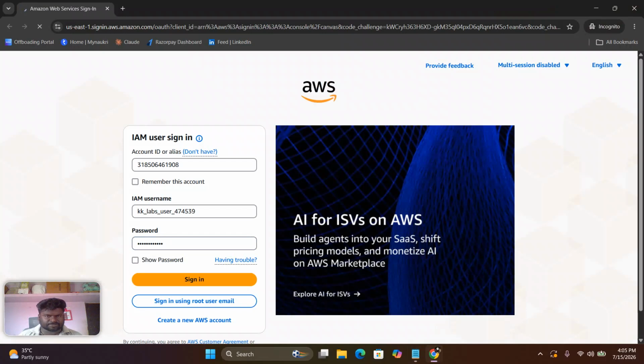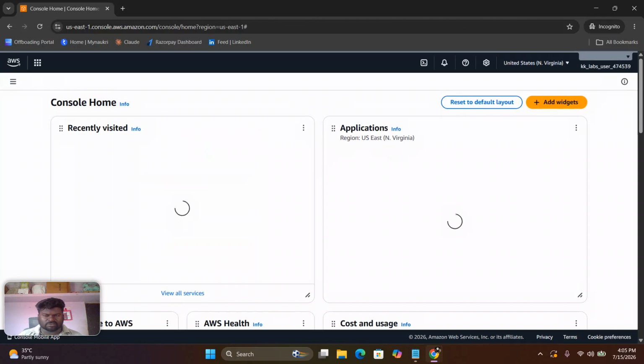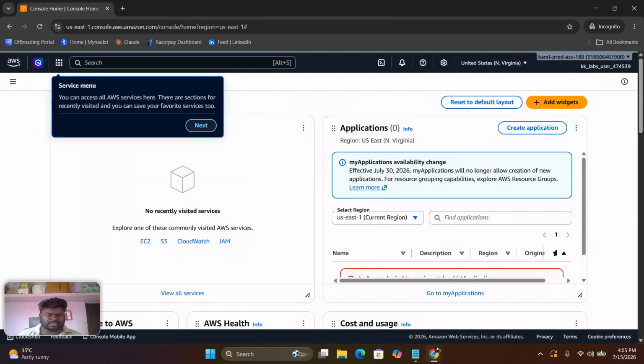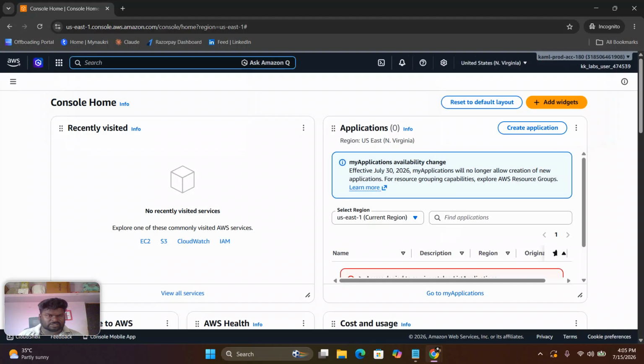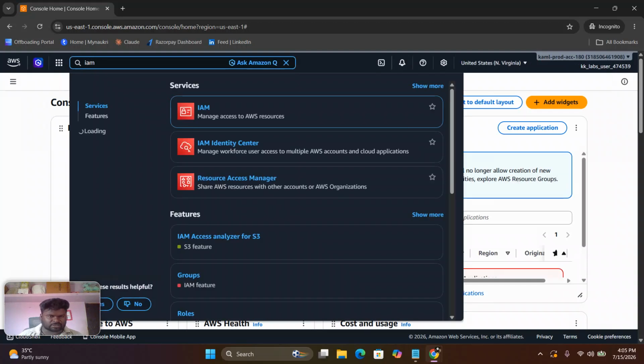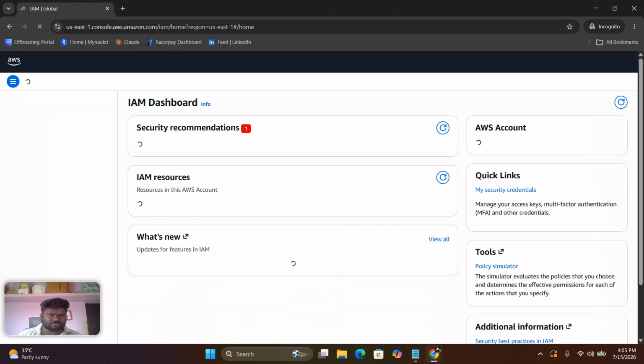Click on that. Once you log in to your AWS console, you will find the dashboard and multiple services. Then, in the search bar, just type the name IAM, and you will find it. So the name is IAM, Identity and Access Management. Once you click here, it will take you to the IAM page,